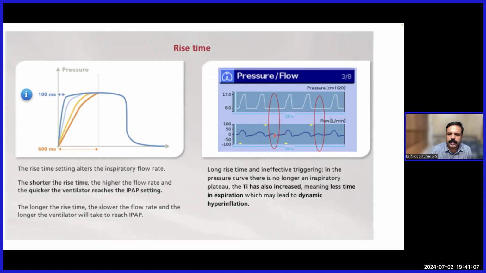So here, you don't have a proper inspiratory flow. If you want to give a more inspiratory flow, the shorter the rise time, the higher the flow rate, and the quicker the ventilator reaches the IPAP. So if you have a flow deficit here, if the flow is not happening properly, then you have to